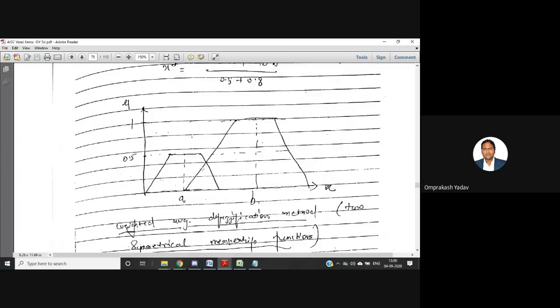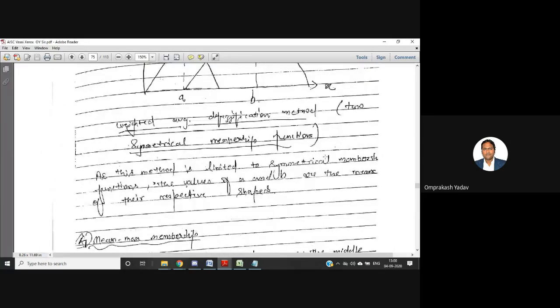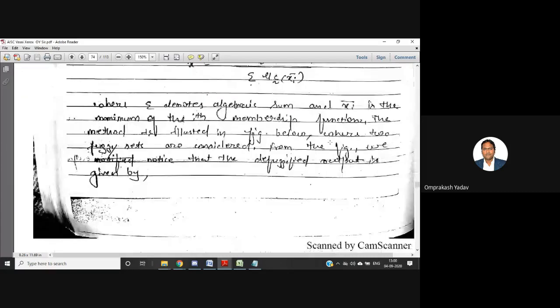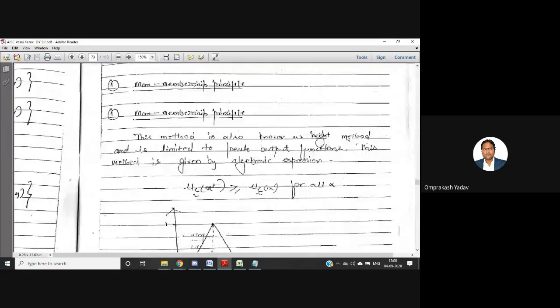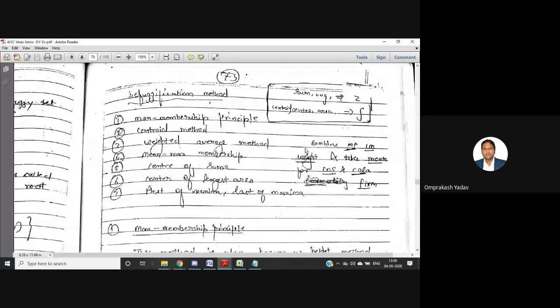Mean, max is there, so mean is involved. I think one thing I forgot, that there has to be mean also. Sum, average, mean. Yeah, you can write sum, average, and mean. So there is one mean, sum, average, and mean, then summation. Anyway, once you read, you will be able to remember by some way.